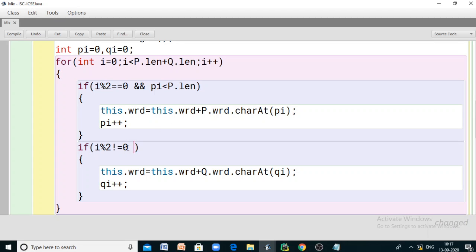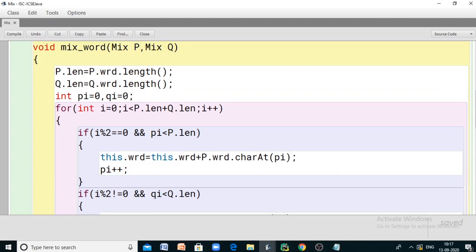Like that, here QI should be less than the length of the string in object Q, so that is Q.length. We already defined P.length and Q.length, they are already found and stored. So PI will not go beyond P.length and QI will not go beyond Q.length, right?